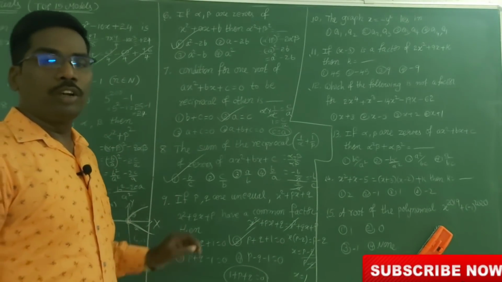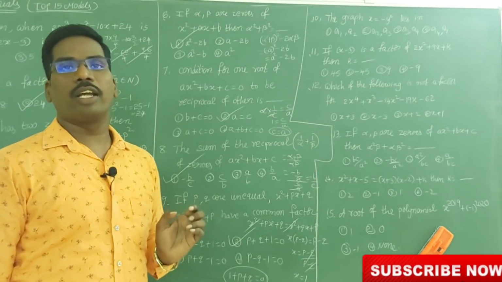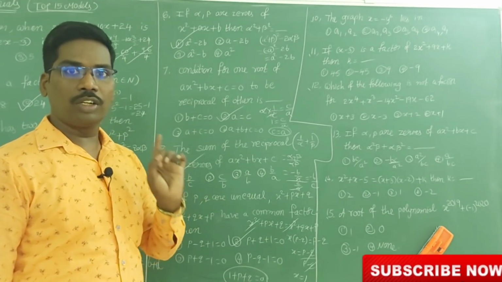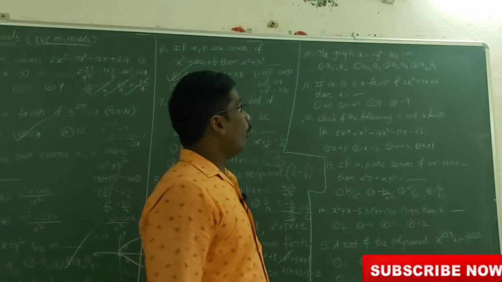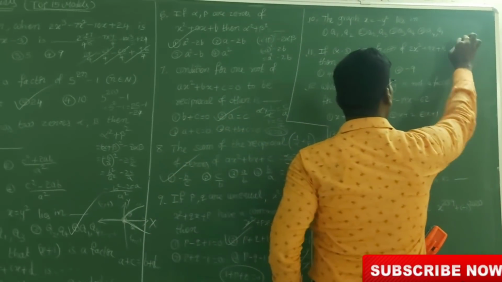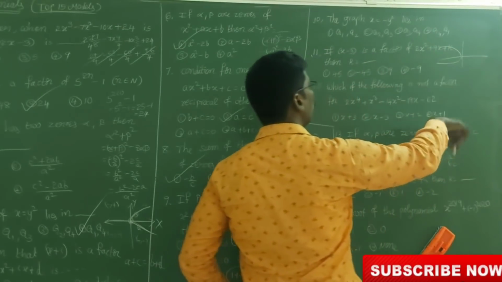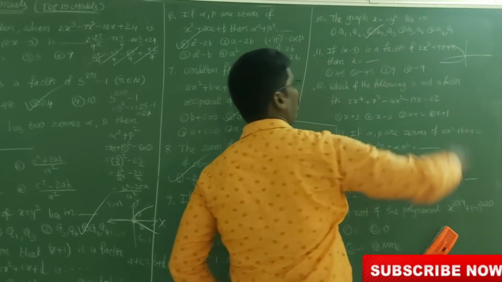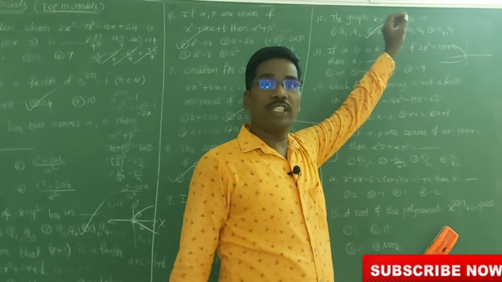Now you remember from now onwards, if two equations have an equal root or common factor, then 1 is the solution or zero of the polynomial. Now the 10th one, the graph x is equal to minus y square lies in: just now we got x is equal to y square means like this, x is equal to minus y square means like this. So that is second and third. Second and third means second option. Means x is equal to y square, just now we have done, that is first and fourth.